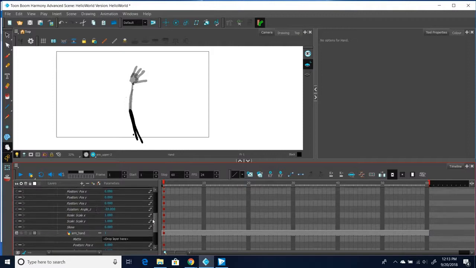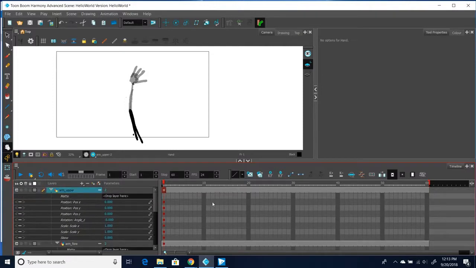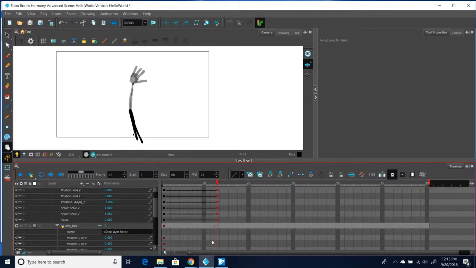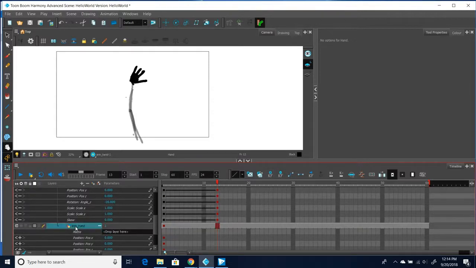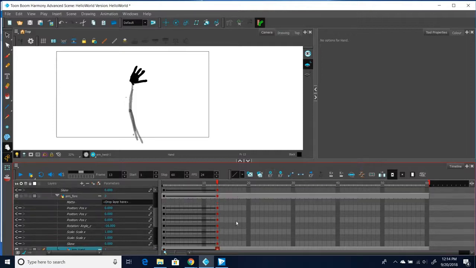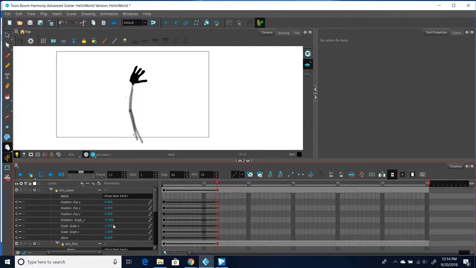All right, and then I'm going to go in here and I'm going to set another key. Let's see, we'll just make it 12 frames. Working at 24, half a second. Let's see how that looks. So we'll go 12 frames. I'll set another key. I like to set keys right when I get to that point. Set key on everything. All right, go up here and I'm going to move that upper arm first